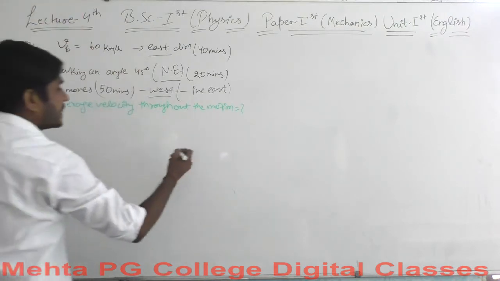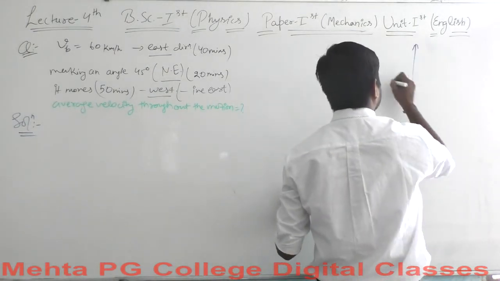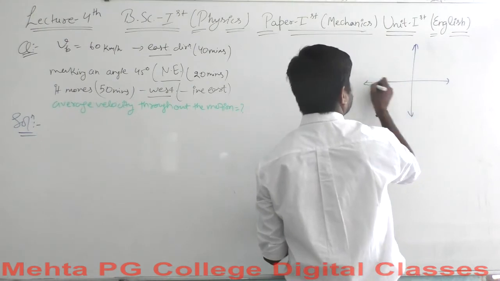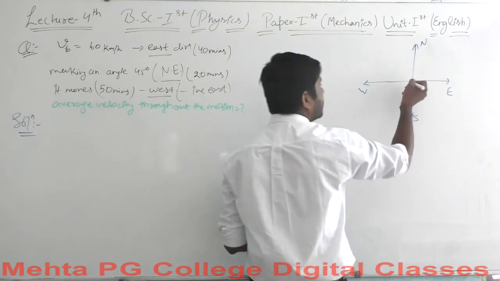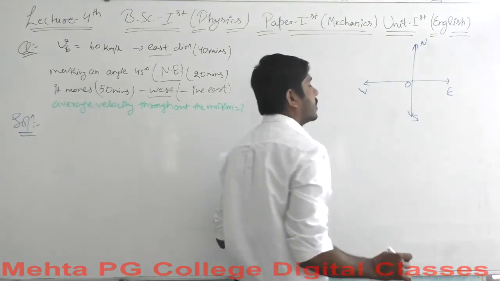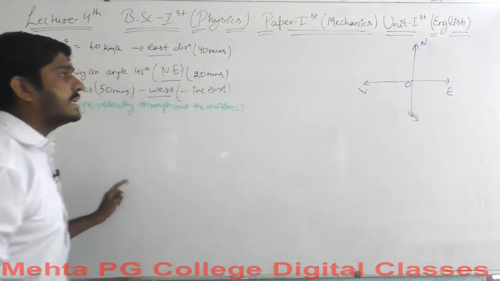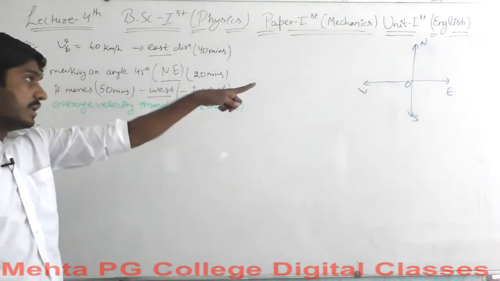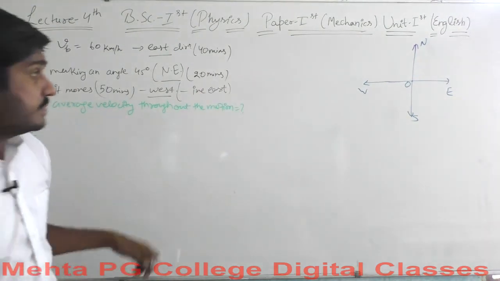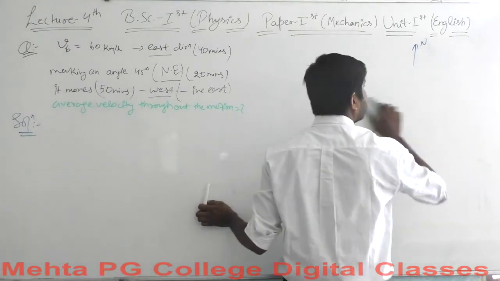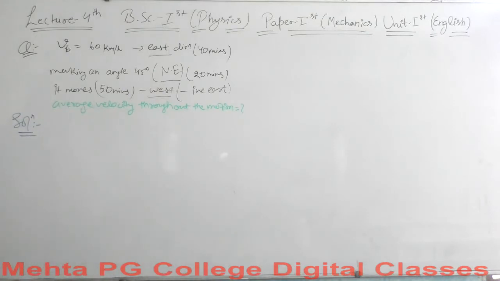The observer is moving in the east direction, so we will again draw our axes here. This is the east direction, this is west, this is north, and this is the south direction, and this is our origin. The observer is moving first in the east direction. We will draw it here because we need a bigger diagram. That is only for reference. I hope that is in your mind, so we will not draw it again and again. We will just proceed with our example, saying that the observer is moving in this direction.